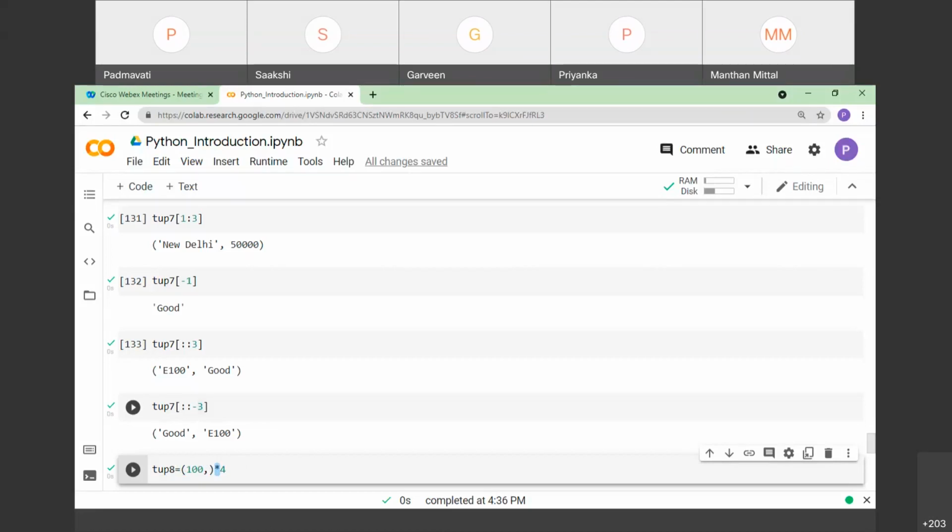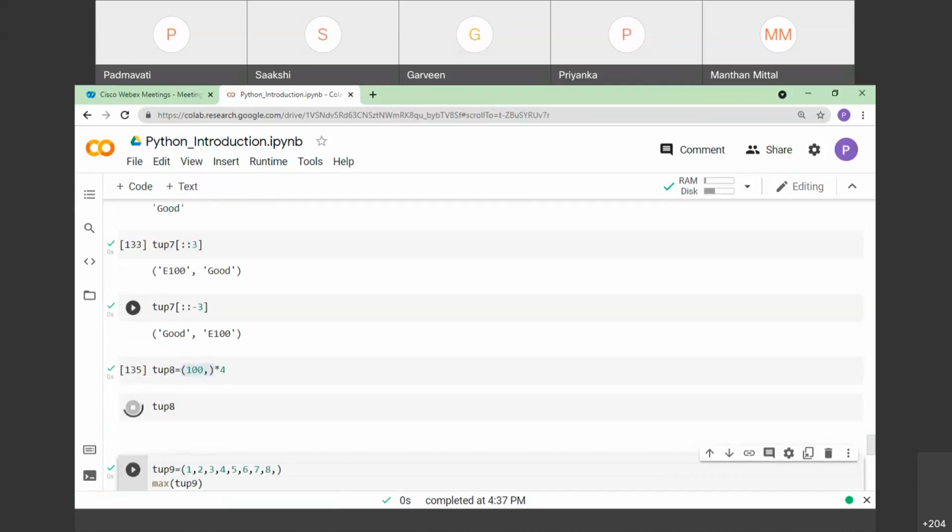Whenever we use the asterisk sign, we generally assume it multiplies two different values, but here it does not belong to multiplication. Instead, it belongs to the repeat operator. The value of the tuple will be repeated 4 times. In this example, I have only a single element inside tuple 8, so it repeats that particular element 4 times.